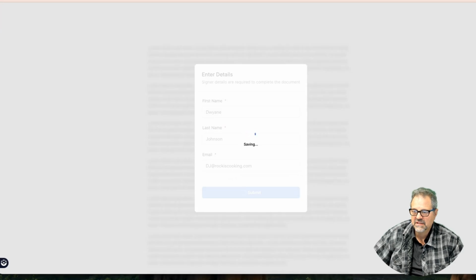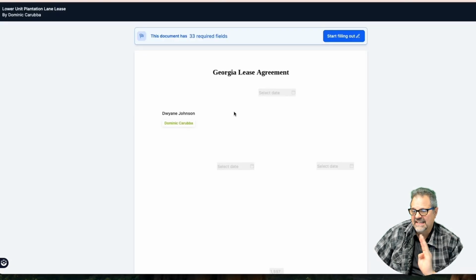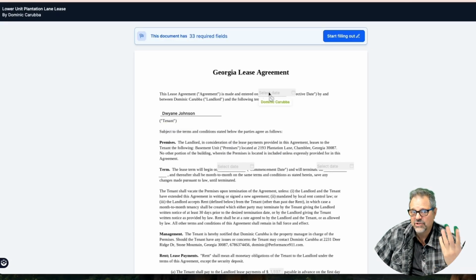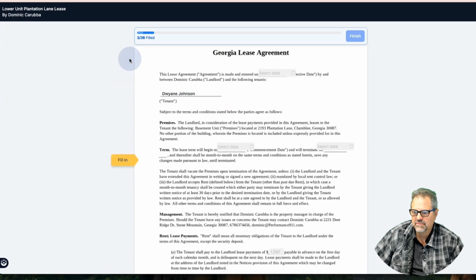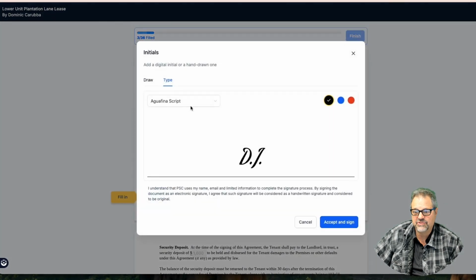And it'll take that, it's entering a contact, right? Just like they would if they filled this out. I'm going to see the date is there for me to select. But it's got his name filled in. Can he change it? No, can't change it. Awesome. So let's start filling it out. Dwayne can't overwrite it. They can just use